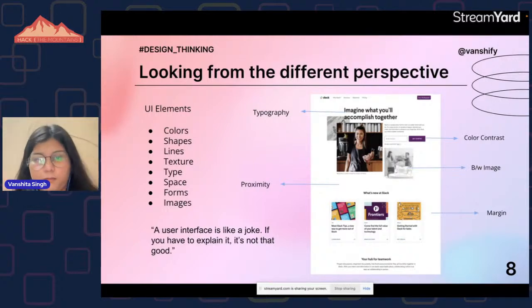There's a proper margin. You can see a proper margin from both sides. There's proximity. Proximity is the spacing between two sections. So there's a proper proximity, and there's proper padding. You can see that there are a lot of structures and technical terms in this website. So this is UI. This is a proper UI.